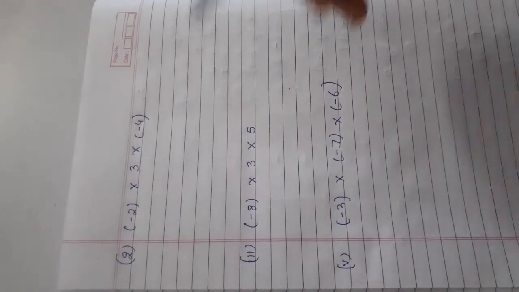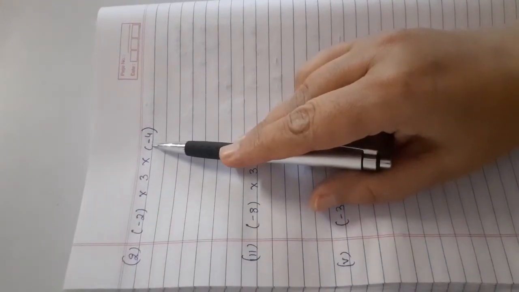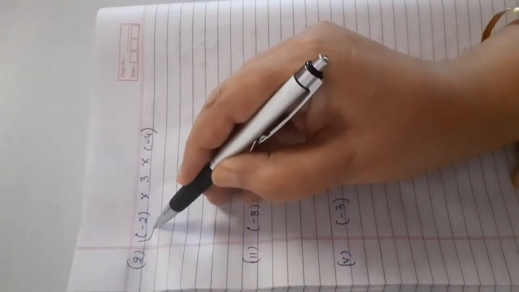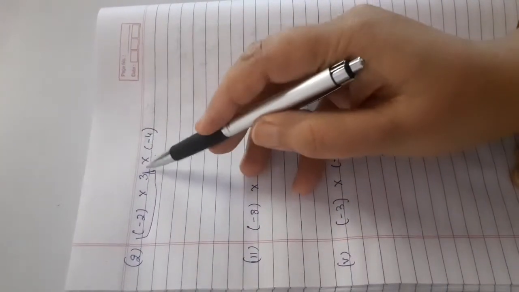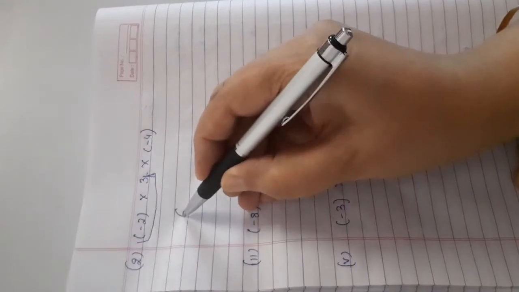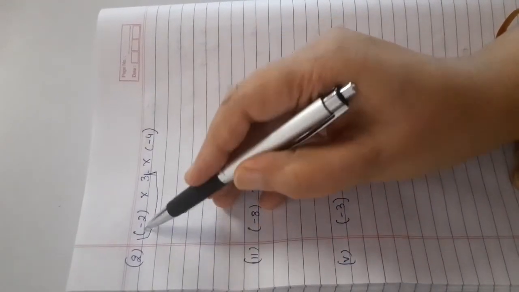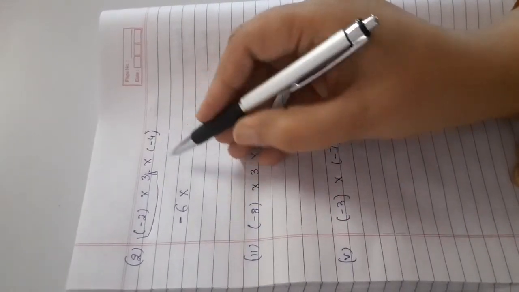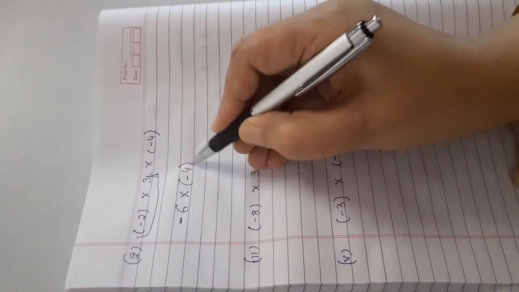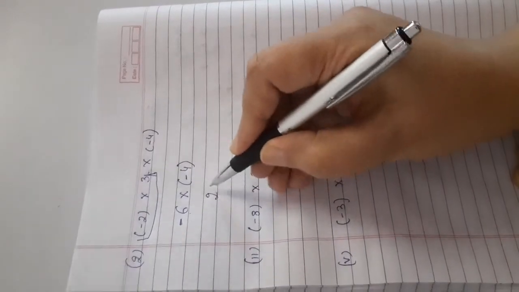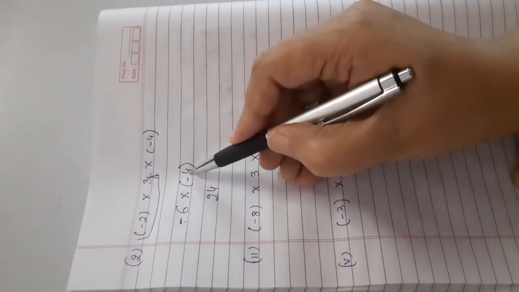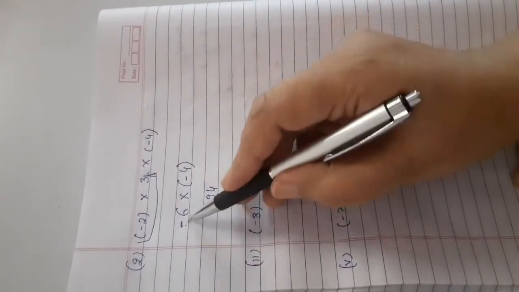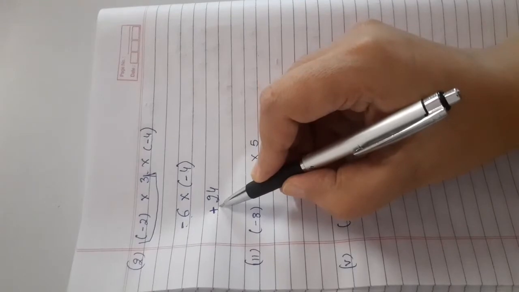In this, as you can see, three integers are given, you have to multiply them. So you can multiply them in groups, means first you can multiply these two numbers. 3 2s are 6. And what about the sign? Since one of the numbers is negative, my answer will be negative. Now this you multiply with the number which is left, minus 4. Now 6 4s is 24. Now this also is negative, this also is negative, so my answer will be positive. Negative and negative, two negative integers give you a positive product.